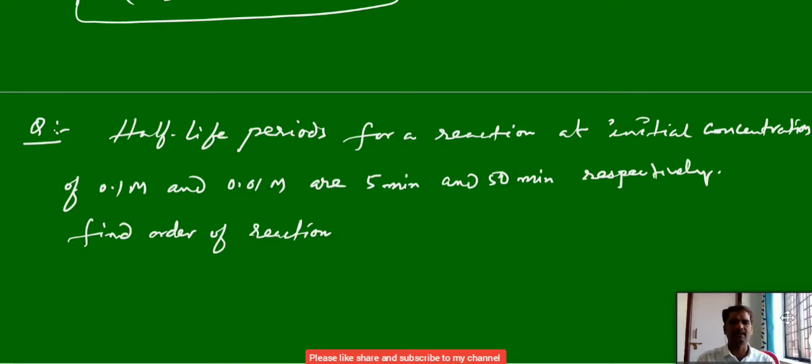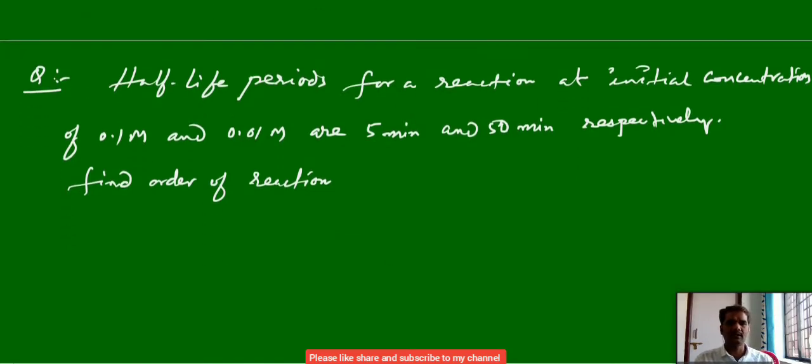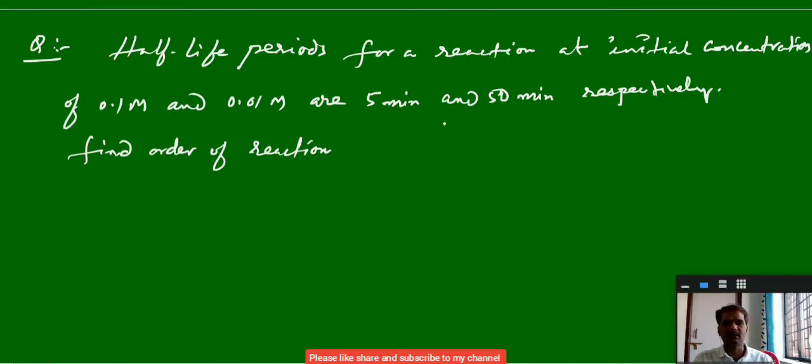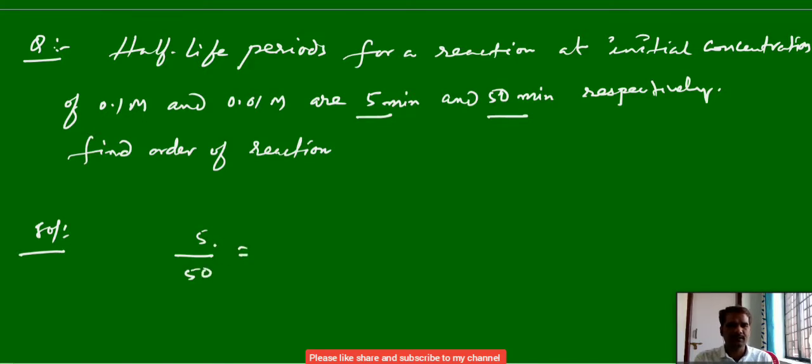Find the order of reaction. Again, two initial half-lives are given, initial concentrations are given, and corresponding half-lives are there. Just apply the formula t1/2 of 1 by t1/2 of 2. Let us assume t1/2 of 1 is 5 minutes and t1/2 of 2 is 50 minutes, then 5 by 50 is equal to